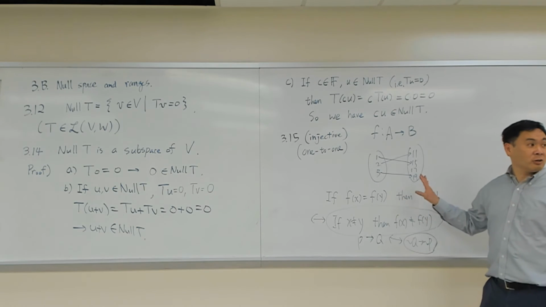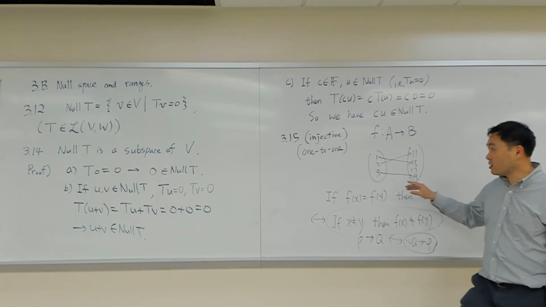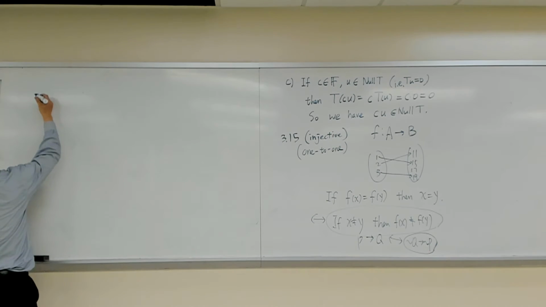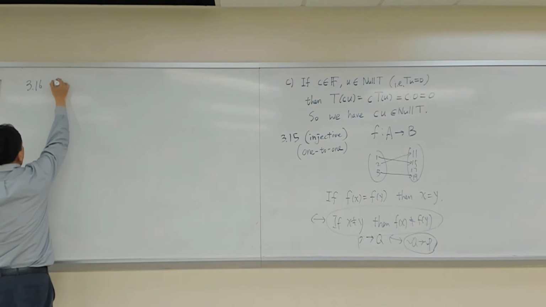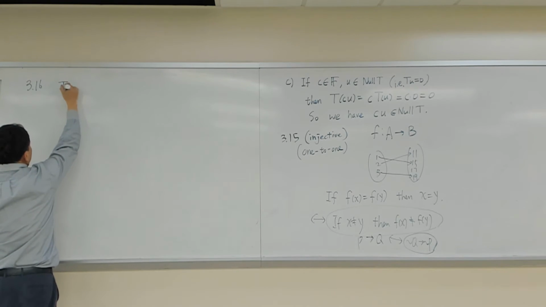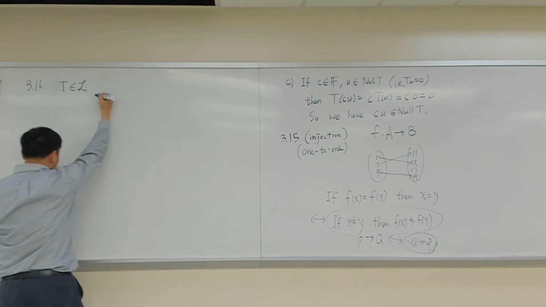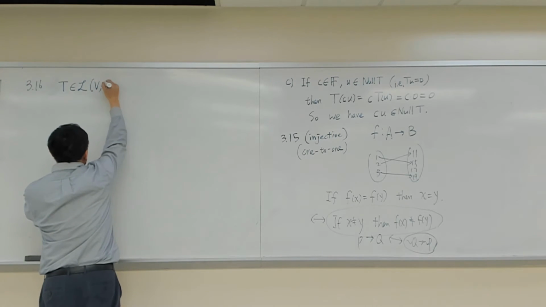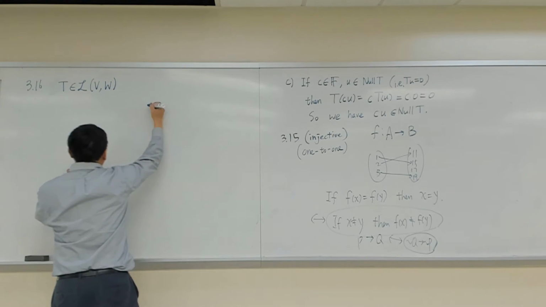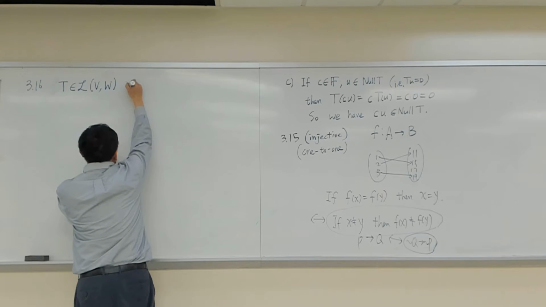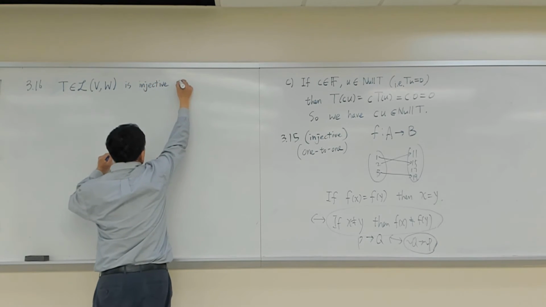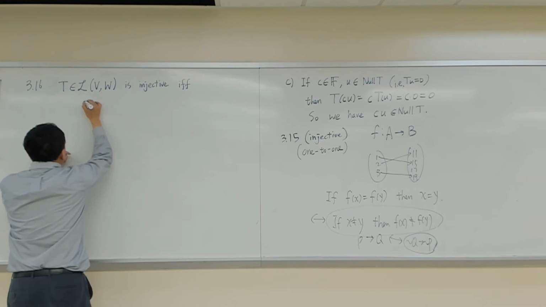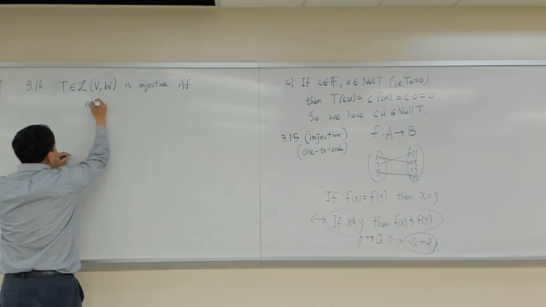So are we all good? You remember what injectivity means? Okay, it's also known as one-to-one. Okay, there's a theorem in 3.16 that says, let's say T is a linear map from V to W. T is injective if and only if null of T